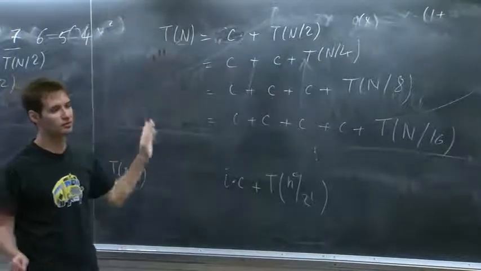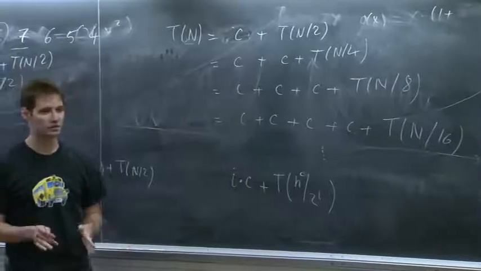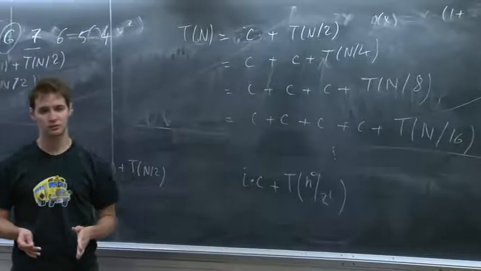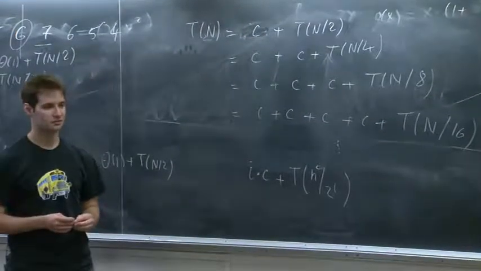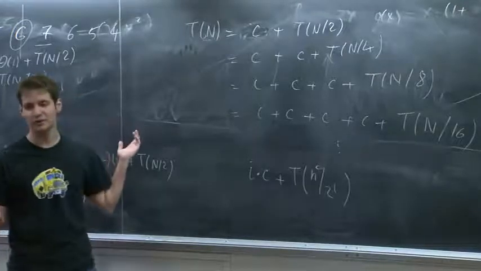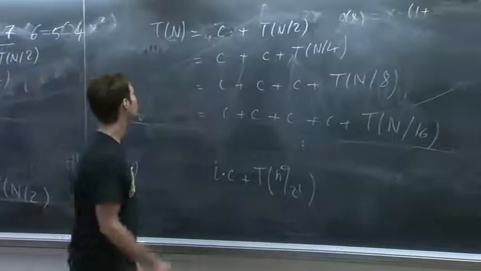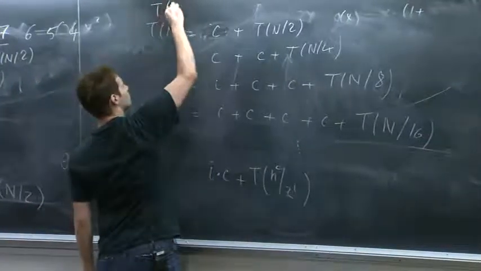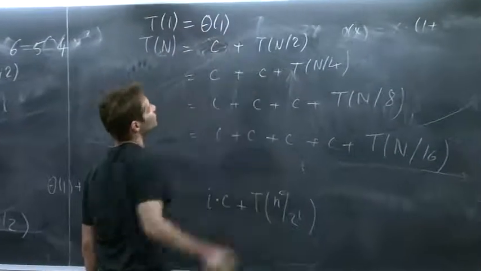So the problem size gets smaller and smaller and smaller, but at some point it becomes so small that I can solve it just by looking at it. What's that case? Okay, so if I have an array of one element, it's a peak, right? Job done. So T of 1 is a constant.